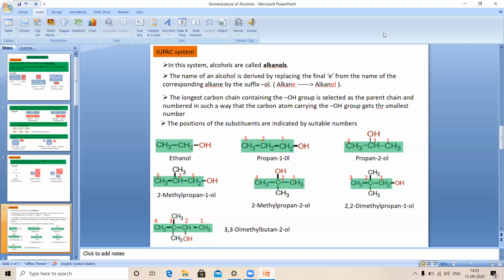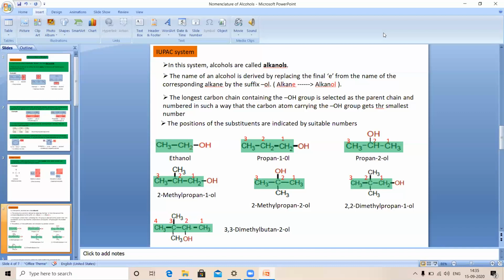Next example, CH3COHCH3CH3. Here at carbon number 2 the OH group is present. If we start the numbering from left, right or bottom, it makes no difference, because at carbon number 2 the OH group is fixed. Here, just like the previous example, at carbon number 2 the methyl group is present. So write the number, hyphen, name, then the parent alkane and number. So the name becomes 2-methylpropan-2-ol.